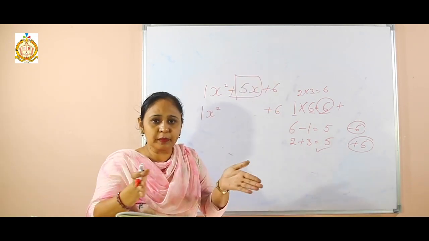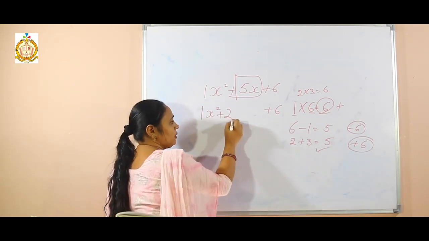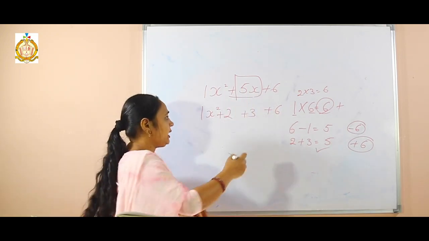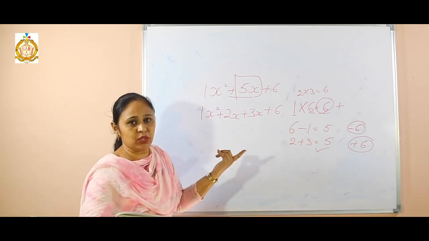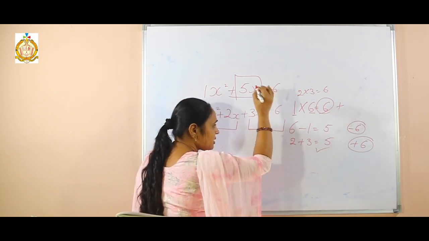Split, that means I have to split in 2 parts. Now the first part becomes 2, then the other part becomes 3. The variable is x, so I will take x here. Now there are an even number of terms, that means 4 values, so I can take the groups. Now the first group is this one, the second group is this one.